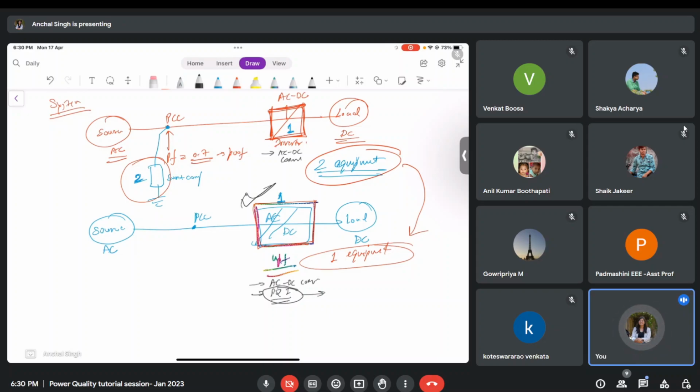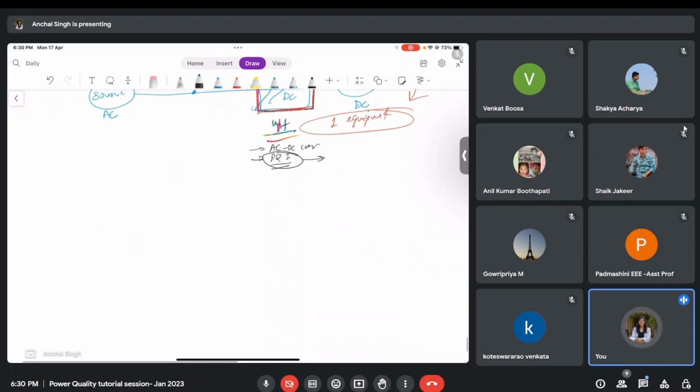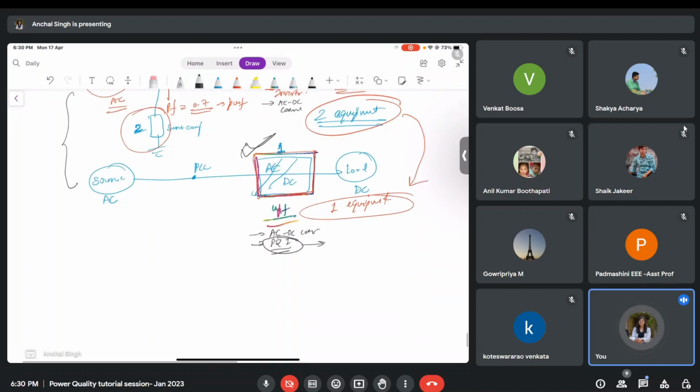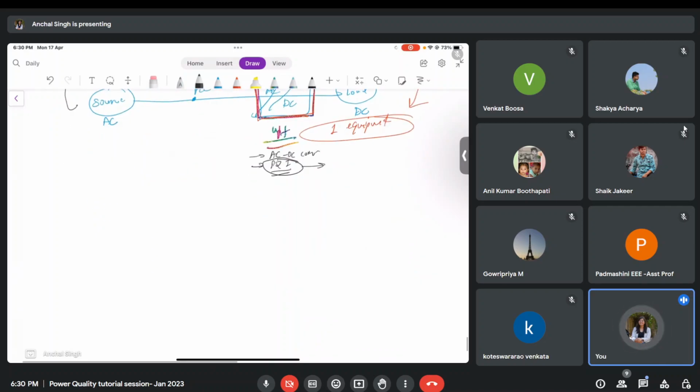And similarly in solar energy conversion systems also, the same principle we just saw. Initially we had solar power, right? Solar power gives output in DC, right? And our grid is present. The grid is AC in nature. So I needed an inverter, DC to AC, right? This inverter initially was doing only the purpose of converting DC to AC.